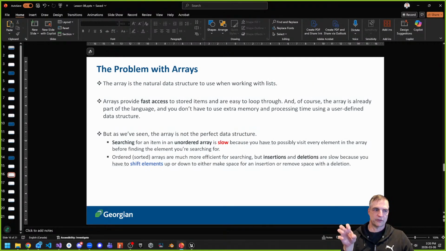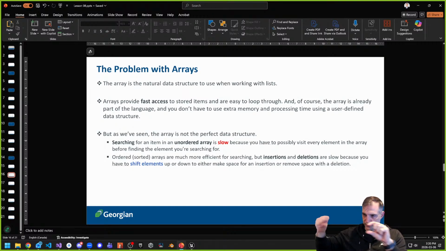So let's talk about the problem with arrays. So the problem with arrays in most languages is that although arrays provide super fast access, we talked about this a couple of weeks ago, they store memory in contiguous locations. So that means like next to each other in memory. In your random access memory, RAM, it kind of stores everything in contiguous locations next to each other. So reading through memory is super fast, like crazy fast, because they're right next to each other, memory location wise, right? But the problem with it is,